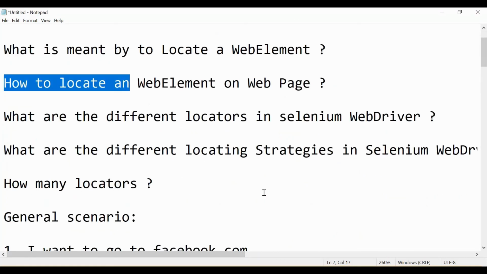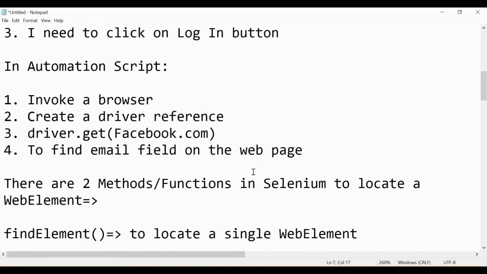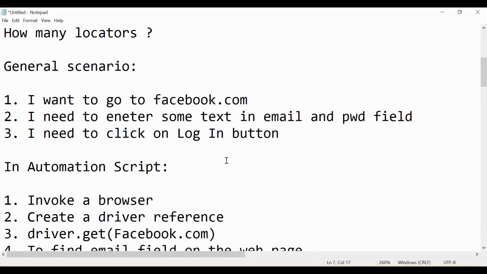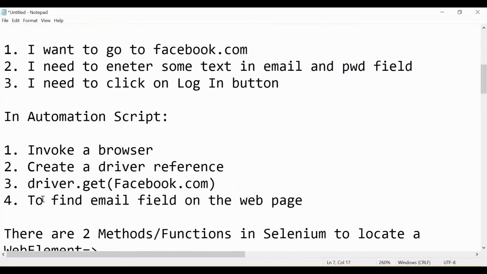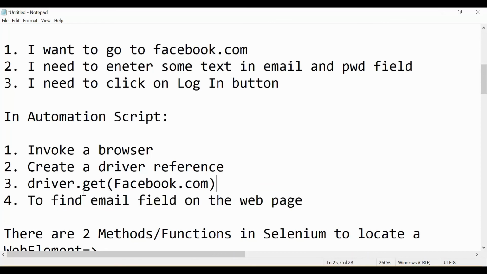If you still have any question, just write it in the comments and I will try to answer as soon as possible. Locators come into the picture after opening the browser and creating the driver reference, and before performing any action. This is a very important concept.